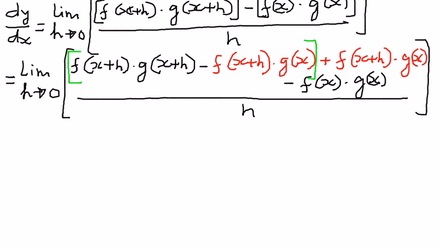And then open another bracket, f of x plus h times g of x minus f of x times g of x, and then close it here. This will be one part of the numerator, and this will be the other part of the numerator, and therefore taking f of x plus h common in the first set of the brackets and taking g of x common in the second set of brackets,